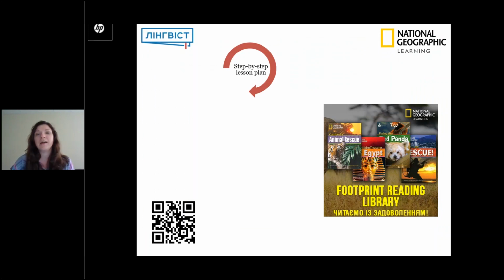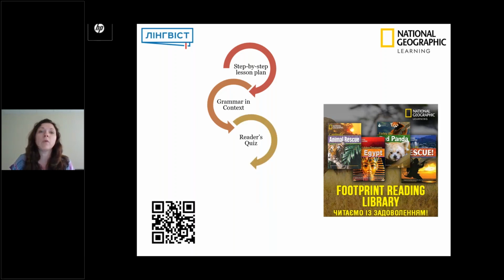For teachers, each sub-level again has a lesson planner for each book, and that is a great support. First of all, that is a step-by-step lesson plan. You know what to do, how to engage your students, how to teach words, what questions to ask, how to check understanding. If you want more, not just reading, but you want some learning to happen, there is also a lesson that is based on grammar, which is in the book.